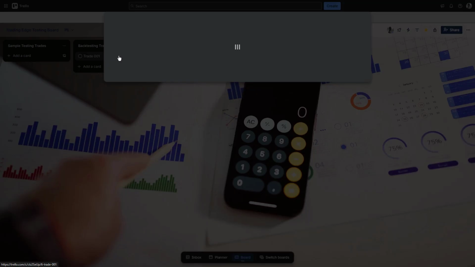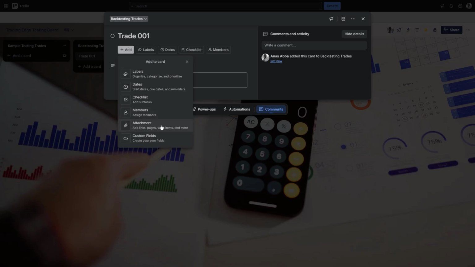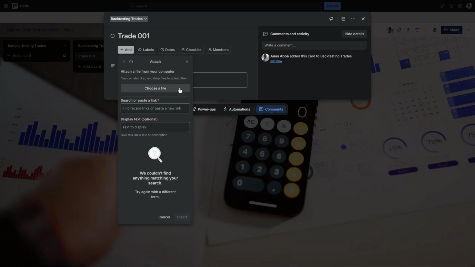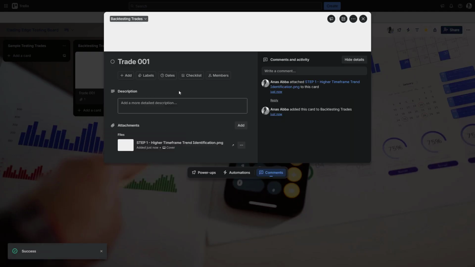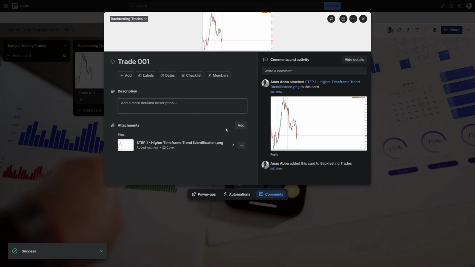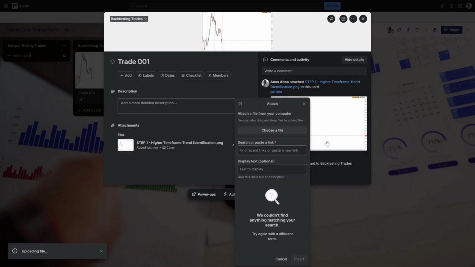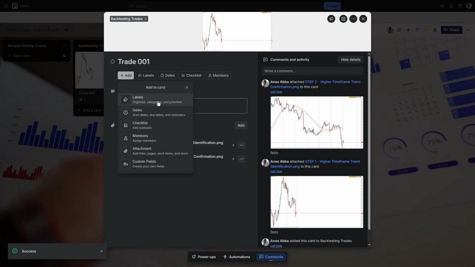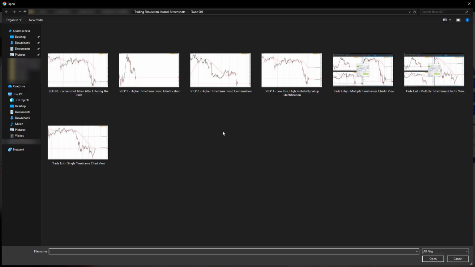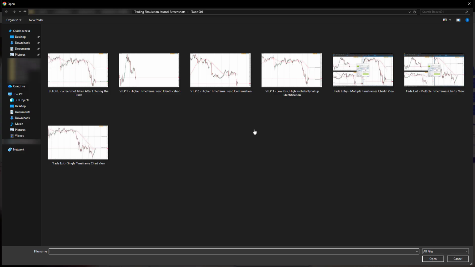Once the card is created, click on it to open it and then upload all of the screenshots for that particular trade inside it. Each card should contain all the screenshots we talked about earlier on in the video. So if you're trading with the advanced trend trading strategy, for each trade, I'd expect to see a screenshot of the daily time frame showing the trend's direction on the higher time frame, a screenshot of the 4-hour time frame showing an alignment between the direction of the long-term trend on the daily time frame and the medium-term trend on the 4-hour chart, a screenshot of the 1-hour time frame showing the low-risk, high-probability trade setup,